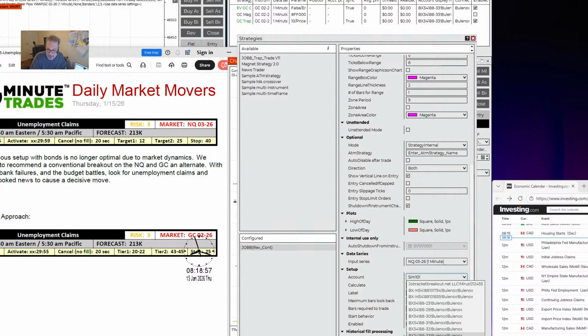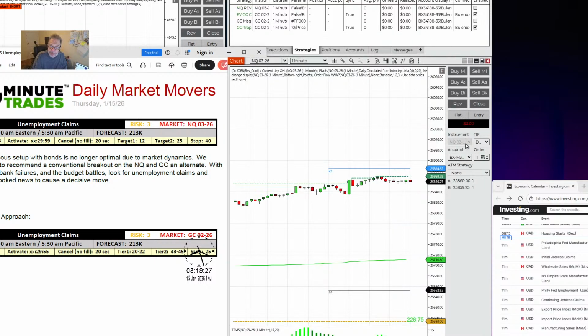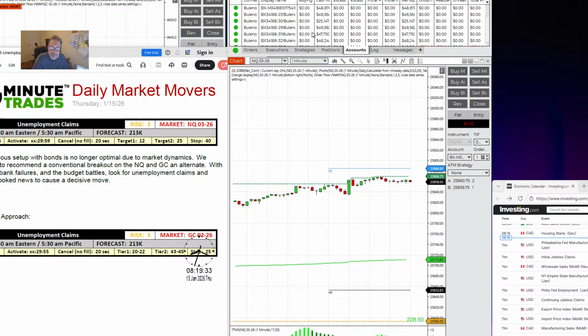I got to figure out what accounts I can trade. I have some seriously damaged accounts. Right now, I'm only trading discretionary on the NQ. Let me look at my accounts. Label it MNQ, NQ, reverse continue. NQ, reverse continue. Apply it, okay it. Let me see where I can trade. I think I have to reset my account.